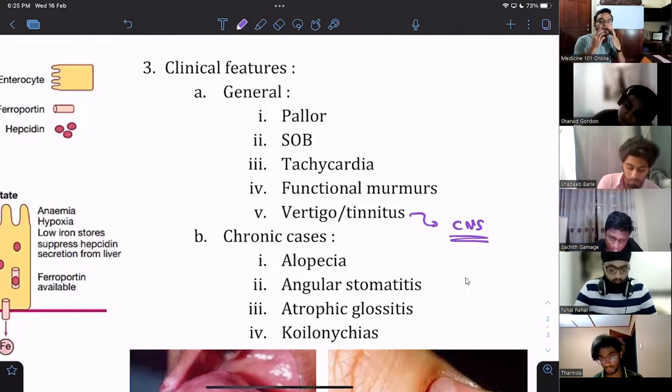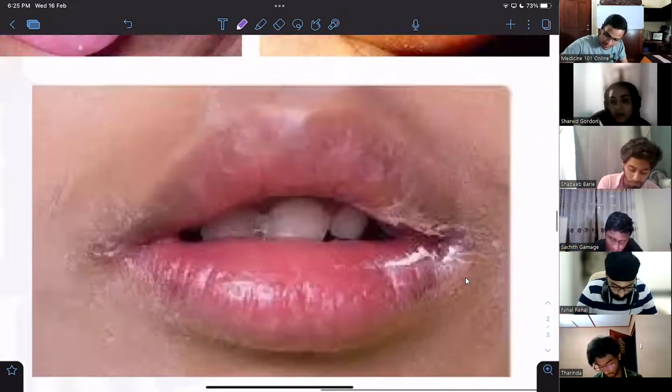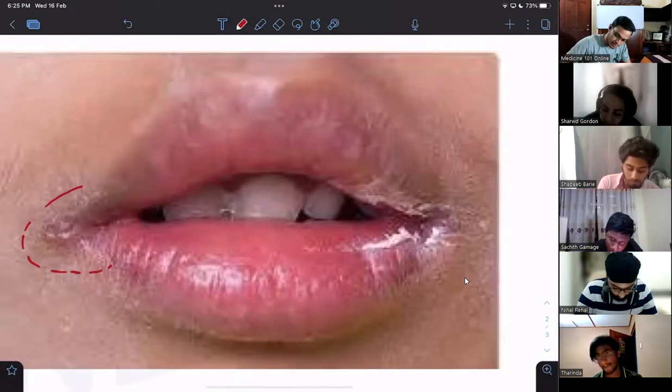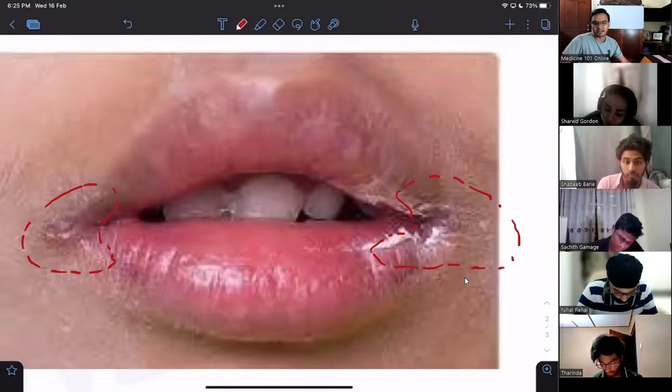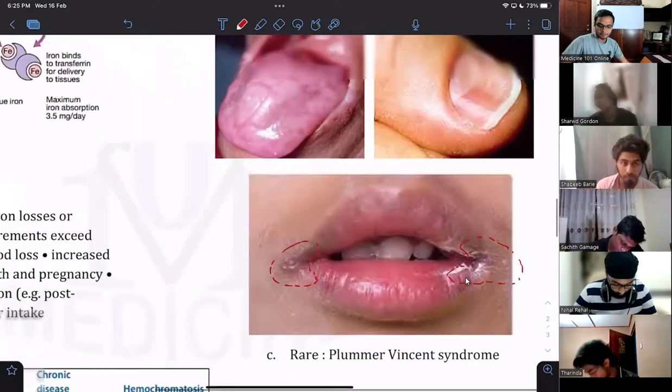Skin around your oral mucosa, guys, around here. Angular, I think I have put a picture here. Yeah, this is angular stomatitis, guys. See, due to hypoxia, this wounding, and sometimes there can be a little bit of fungal infestations, removing of the skin, extreme dryness, and general damage in these areas. This is called angular stomatitis, right?